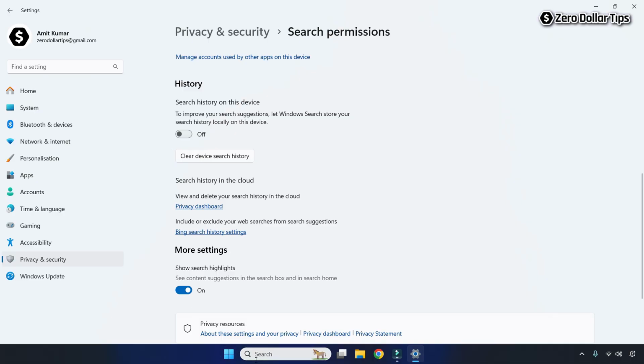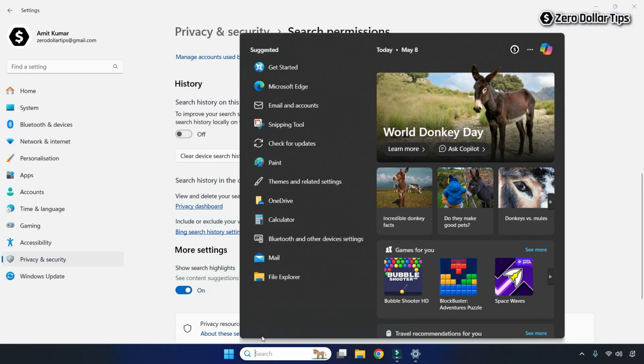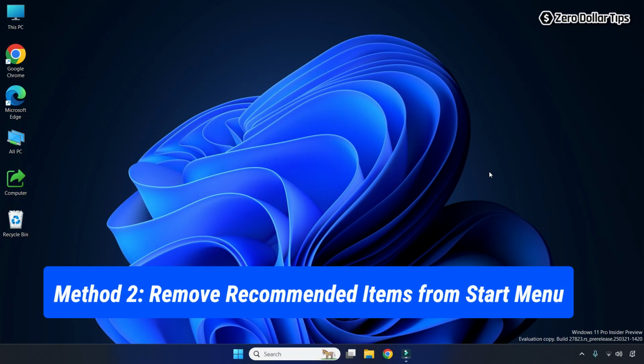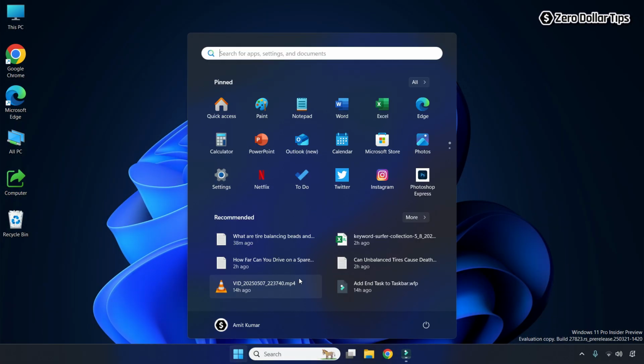Go to the Windows Search. And you can see the search history has been cleared and recent file has been removed. Now let's see the next method to remove recommended items from a start menu,